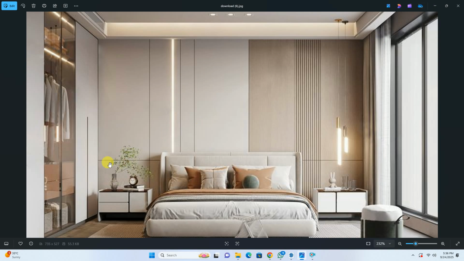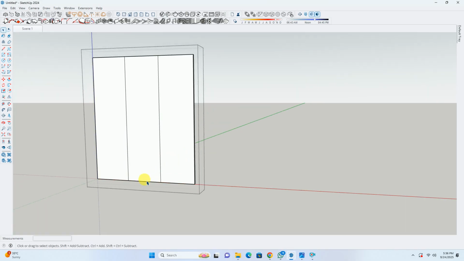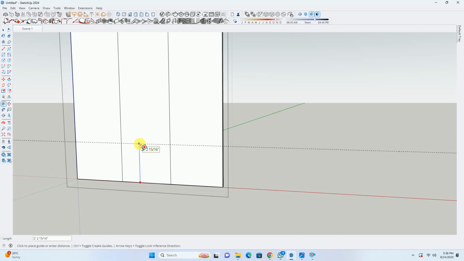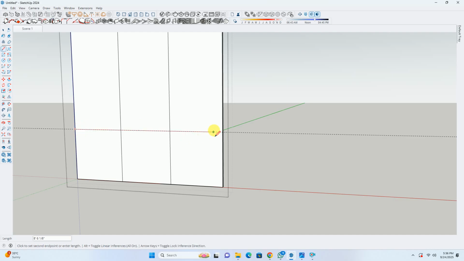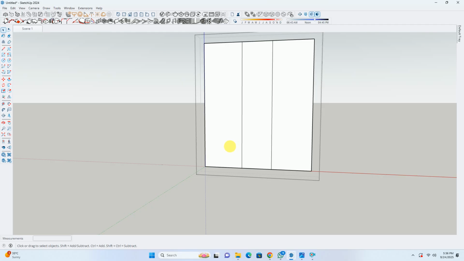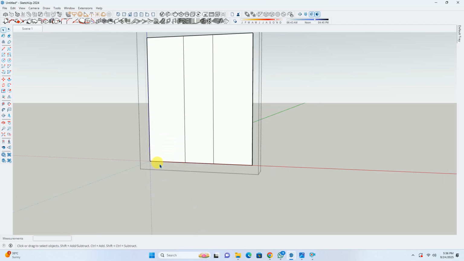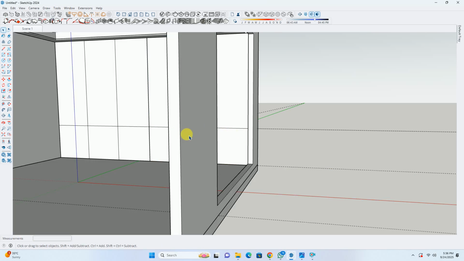Now we can see there is a groove at the sill height also, that is over here. So we have to create a groove at this particular level also. We'll apply the tape tool and create a height of 3 feet, and create a line from over here to here. We'll do the same thing over here also. We'll apply the tape tool and create a partition line from here to here, and we will delete the guides.